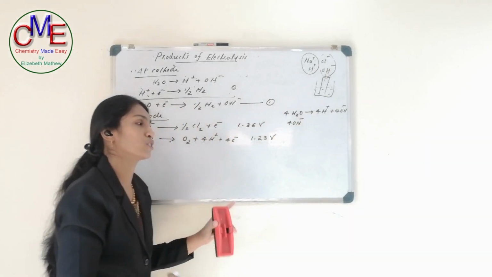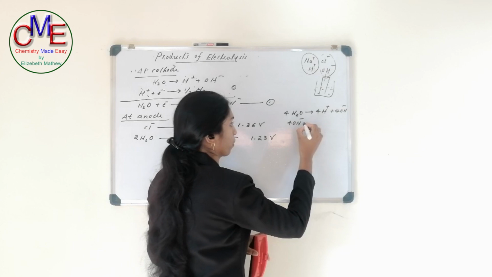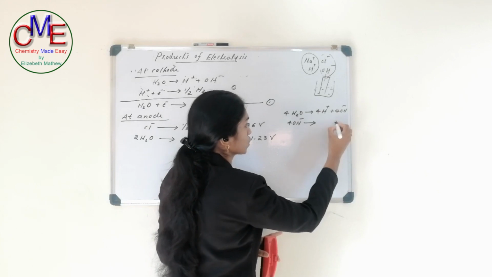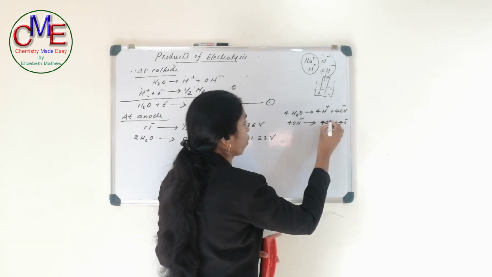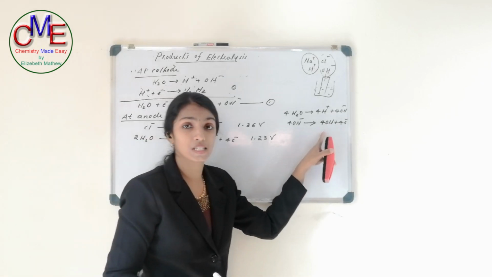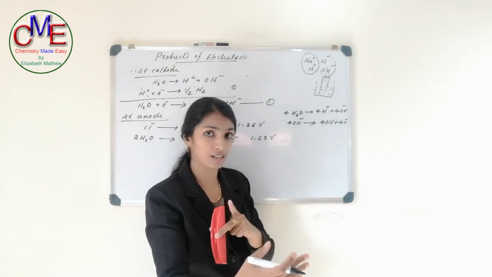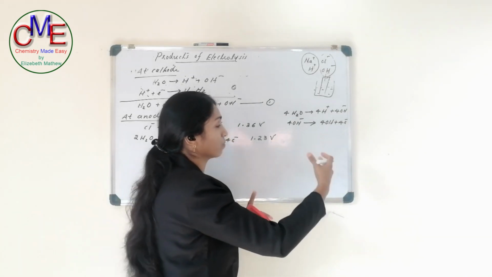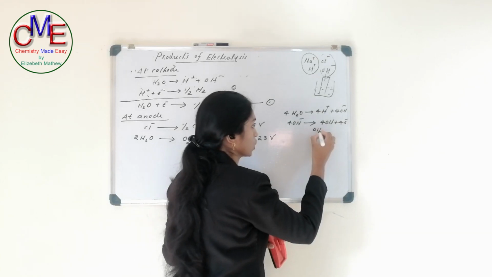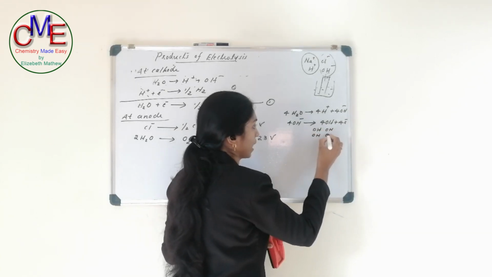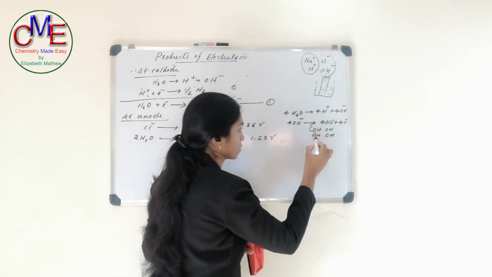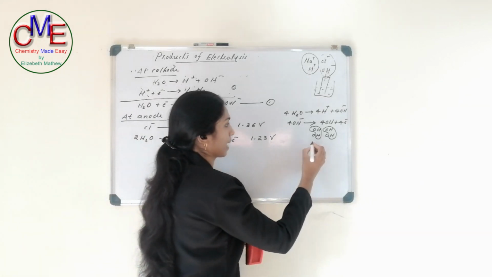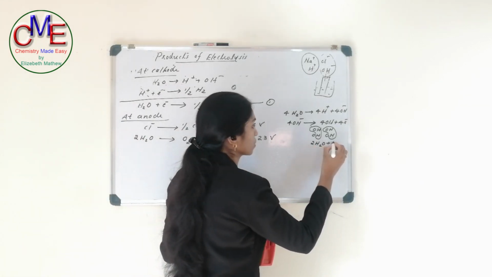If this 4 OH minus ion get oxidized, what will be the product? Oxidation means loss of electron. So this 4 OH minus loses 4 electron and it becomes 4 OH. Right? But this OH is an unstable species. OH minus ion has an existence, but this is not stable. So what do you mean by this 4 OH? 4 OH means this is one OH, another OH, another OH, another OH, right? This 4 OH means this is one H2O and this is another H2O. So equivalent to this 4 OH, we can write 2 H2O plus O2. Clear?